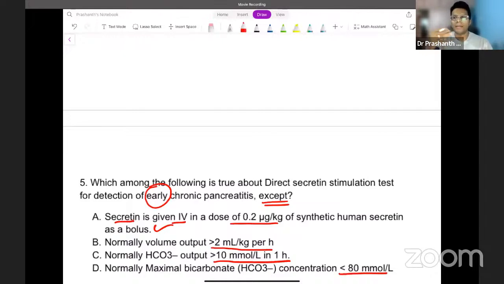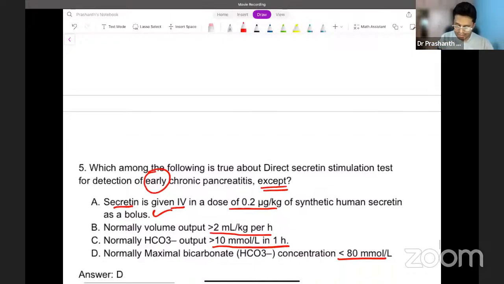Always, sometimes, many times, it's common sense which tells an answer for this question also. Even if you don't know the numbers, when they tell you maximum is this, it cannot be lower than something. In normal pancreas, it is usually up to some level. So among the options, what looks most probably the obvious one is D, with respect to telling that maximum level is up to 80. But if you have to go through the facts, please know this: